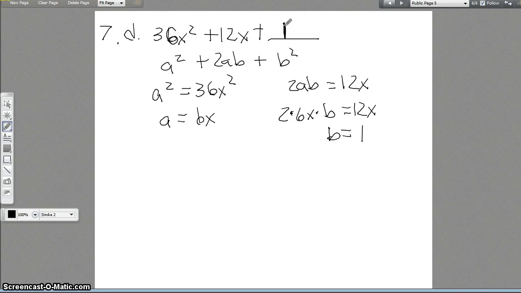So this was number 7, part D, which is just like number 14 that I assigned for homework. Okay, the next one